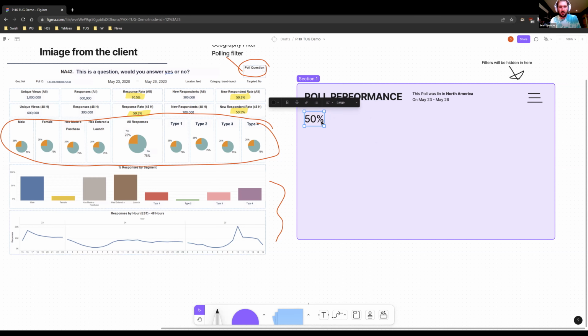And I'm going to copy that and put it right here. I'm going to get a little text. I'm going to call this response rate, and this will be small. We'll pair it right there. Copy, paste. New response rate.